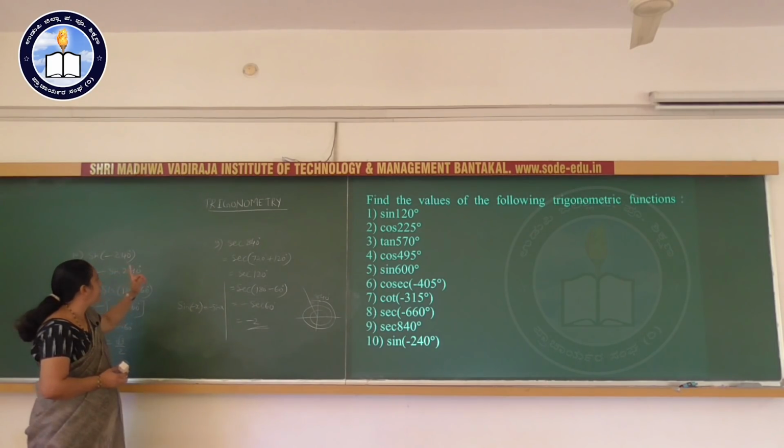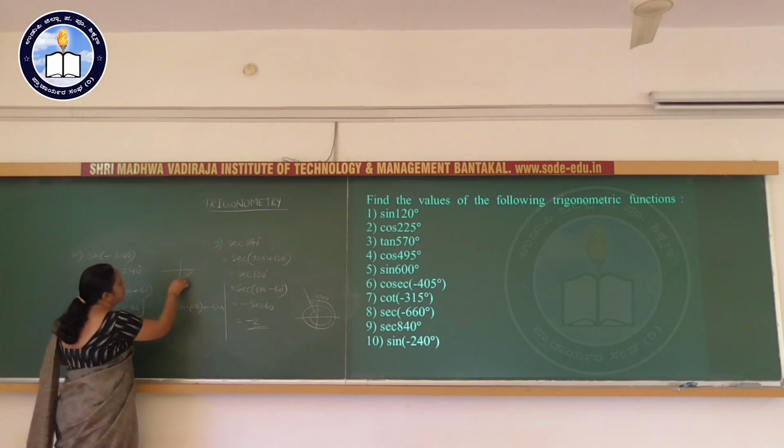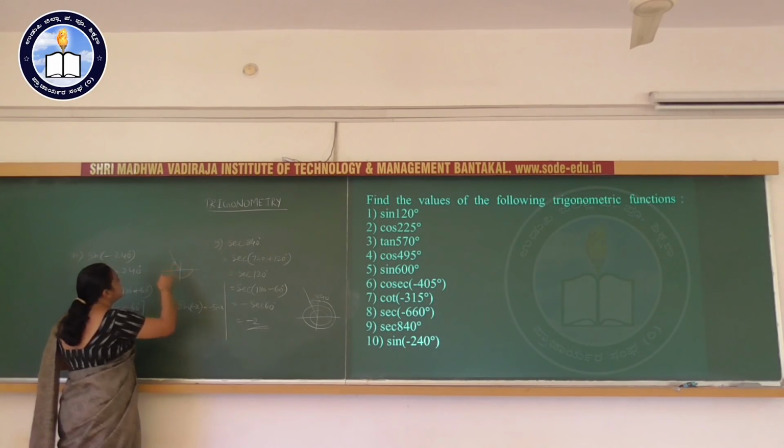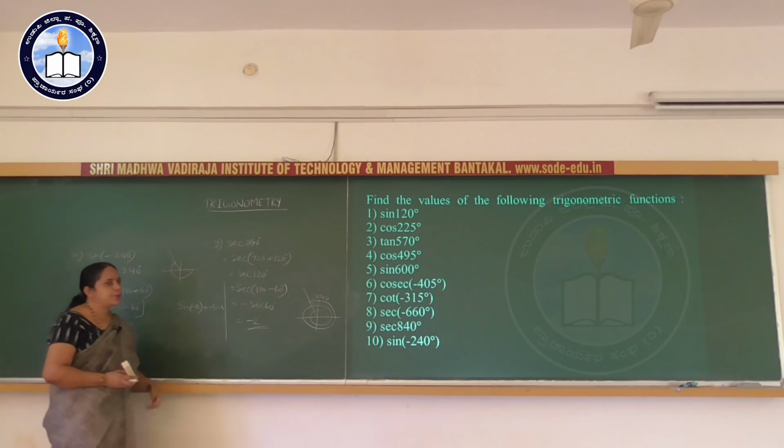Whereas minus 240 degrees is a second quadrant angle. 0, minus 90, minus 180, minus 240 degrees is a second quadrant angle. In the second quadrant, sine theta is positive, so the answer is plus root 3 by